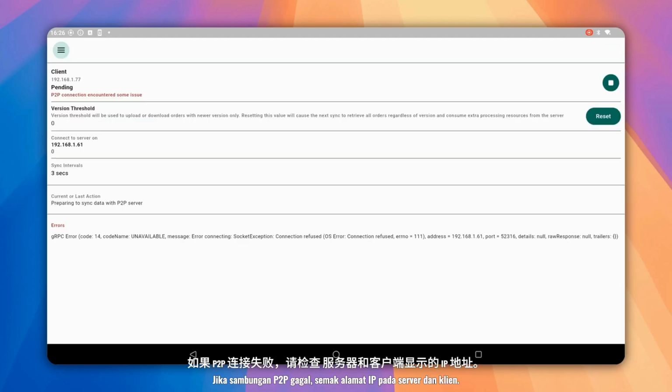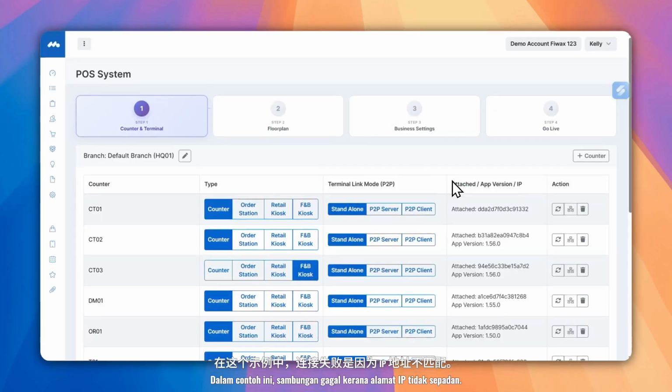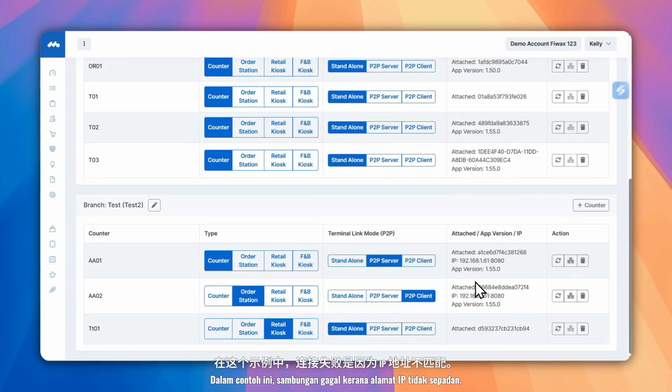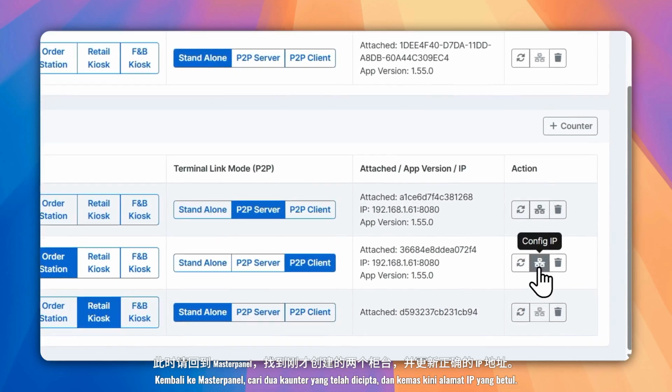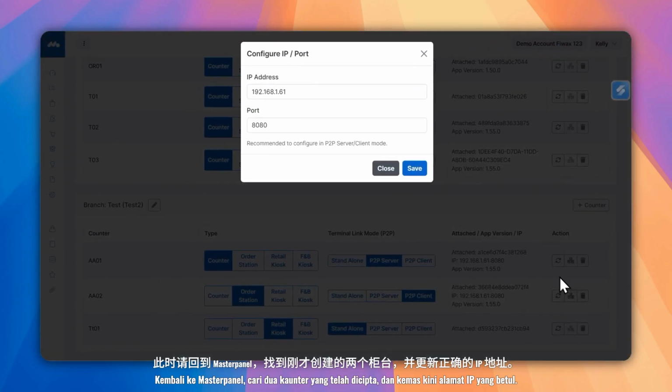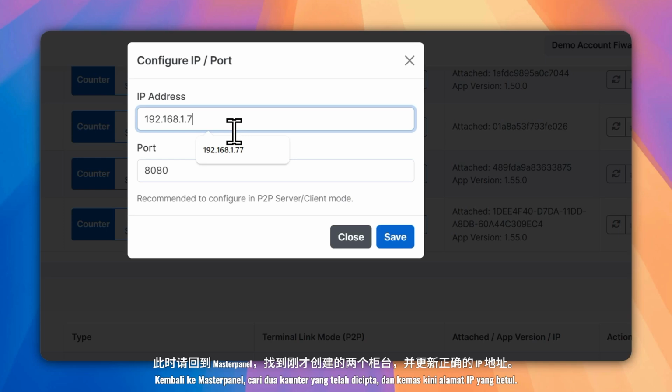If the P2P connection fails, check the IP address displayed for both the server and client. In this example, the connection fails because the IP addresses do not match. To resolve this, go back to Master Panel, locate the 2 counters you created earlier, and update the IP address